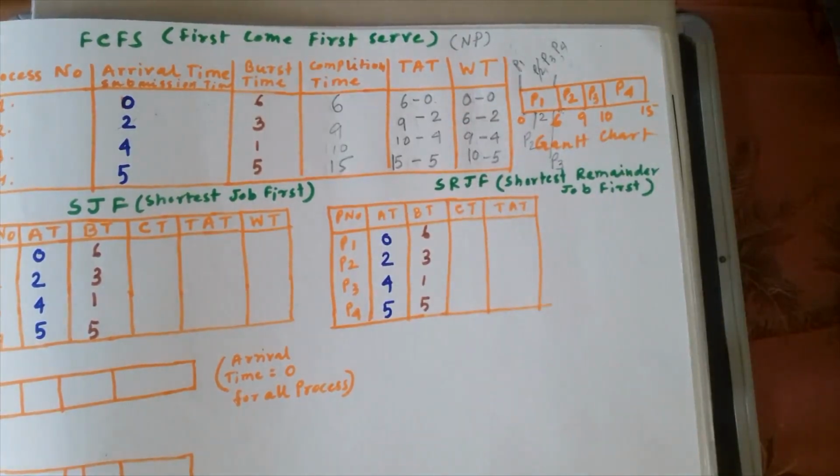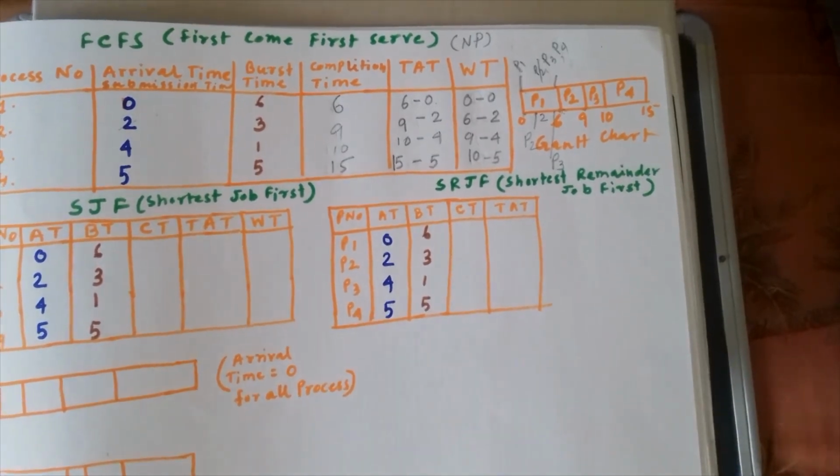If you have entered the college at 8:15 and your class started at 8:31, then 8:15 to 8:31 is your waiting time. Clear? If your college ends at 10 o'clock and the teacher was continuously with you from 8:31 to 10 o'clock, then your turnaround time will be 8:15 to 10 o'clock. But your waiting time will be 8:15 to 8:31, when the teacher was not with you, assuming that the teacher is the CPU. So hopefully your FCFS is clear.